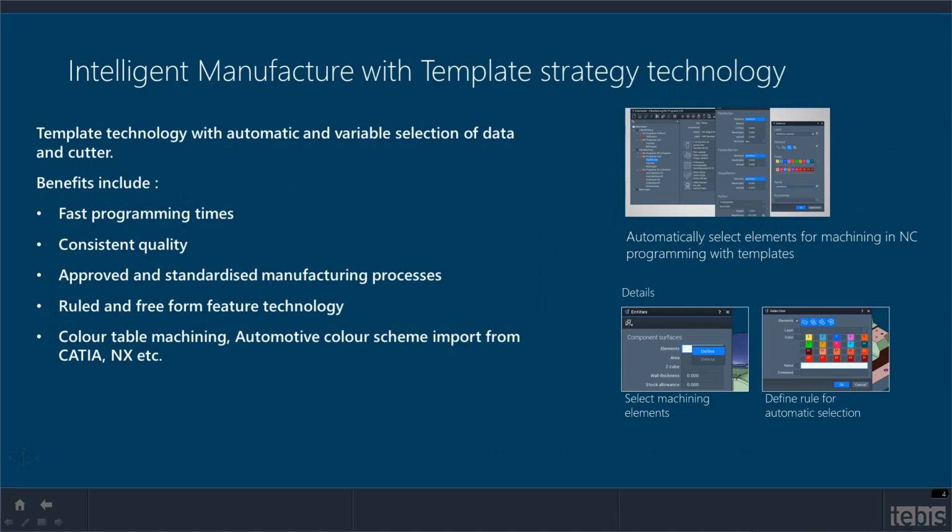So, intelligent manufacture using Tebis's template strategy technology. What's the importance of this? Well, the template technology has automatic and variable selection of both data and cutter parameters from the software. And these benefit you from fast programming times to consistent quality, giving you approved and standardized manufacturing processes. But also we can use ruled and freeform features with variables on cutting conditions, the way we want to cut things,